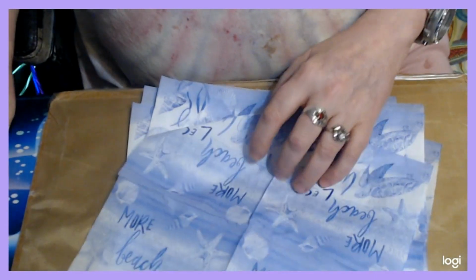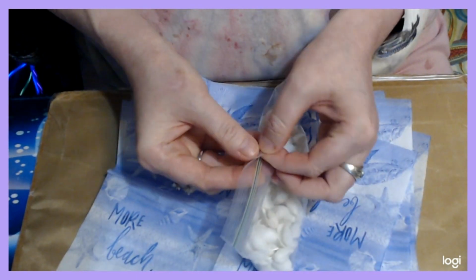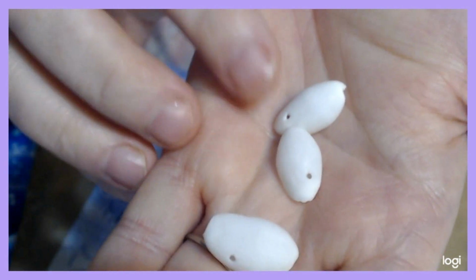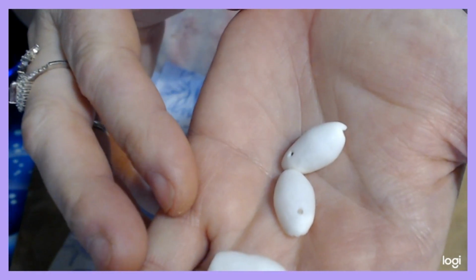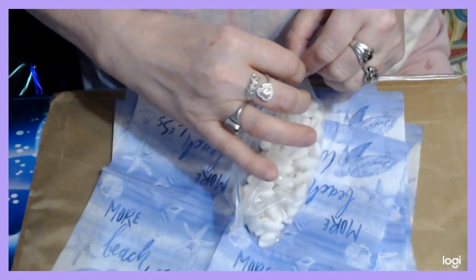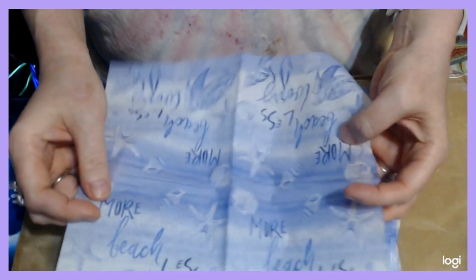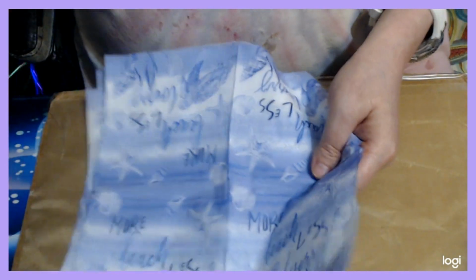Then I have gotten from a thrift store this little bag of shells. The little seashells, and they're all the same. They have a little hole in them for threading, like if you want to put them on a mobile or a wind chime. I'm going to glue them around the perimeter of the seahorse when we're done for a pretty edging. I thought that they were really pretty, and it'll match because there's white in the napkins, and there's seashells on the napkins as well. So anyways,